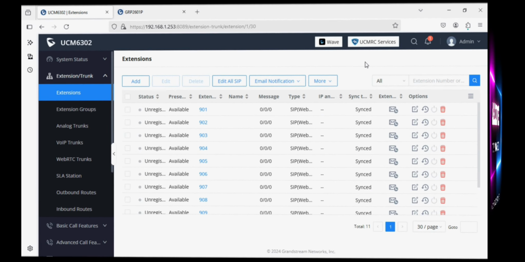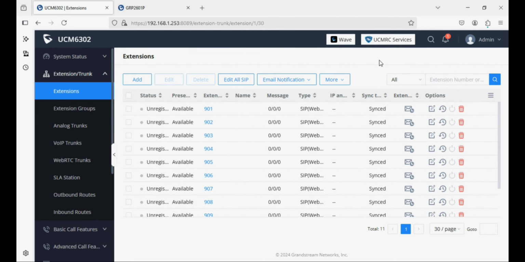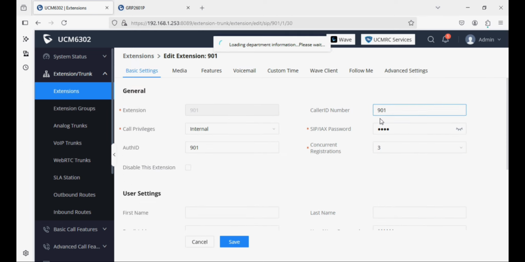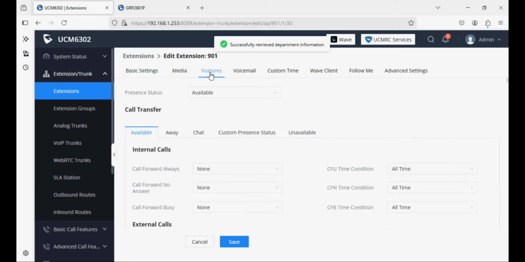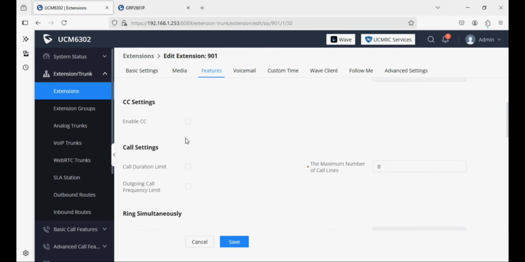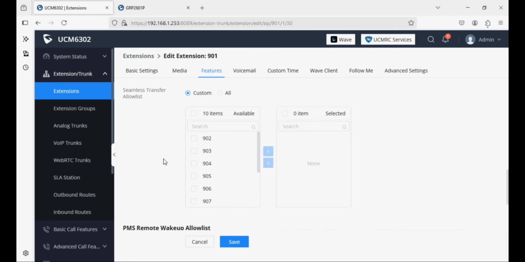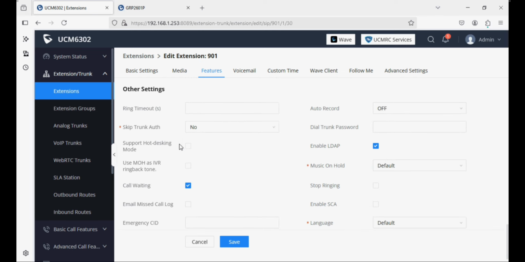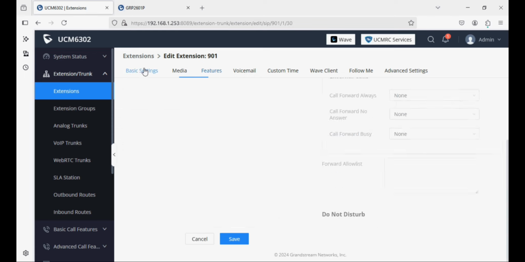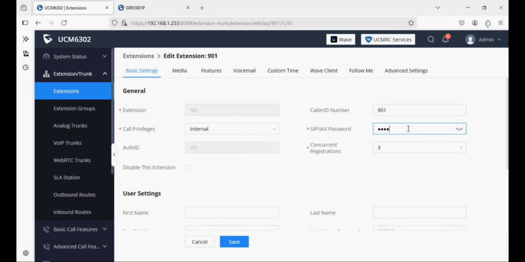In this video, I'm going to show you how to configure hot desking, meaning dynamic login and logout, in a Grandstream IP phone. So I have UCM and I'm using extension 901, and in the extension features option, we need to enable the hot desking option, and for this we need to use an alphanumeric password for the SIP registration. So for demonstration, I'm using just 1234,